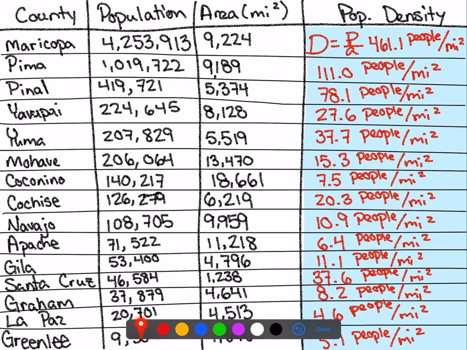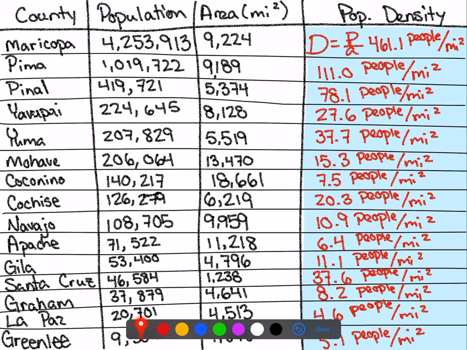This also goes towards knowing how many people are congested in a certain area, and it deals with pollution, light pollution and air pollution, things of that nature, water pollution. You'll notice that there are different trends with more populated areas, such as Maricopa County, where we're located right now, and less population dense areas, such as Coconino County or Apache County,